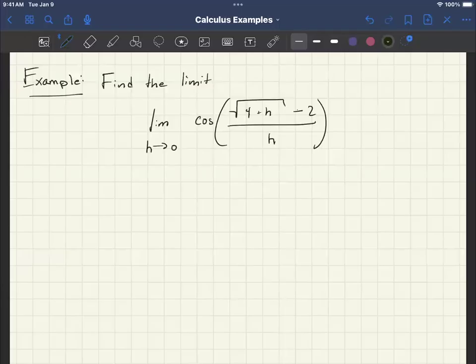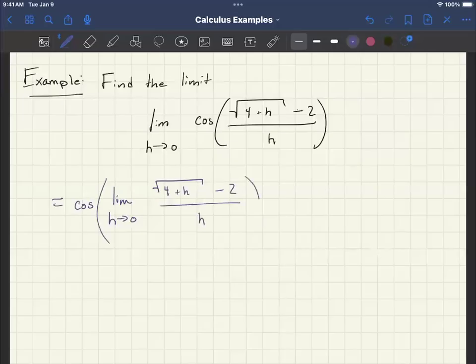I'm Dr. Finch. Today we're looking at the limit as h goes to 0 of cosine of this whole shebang, square root of 4 plus h minus 2 over h. So notice one of the things that we can do right off the bat when we're working with a problem like that is that we can pull the cosine outside of our limit and we just focus on the other stuff. So we have this nasty looking limit left over,